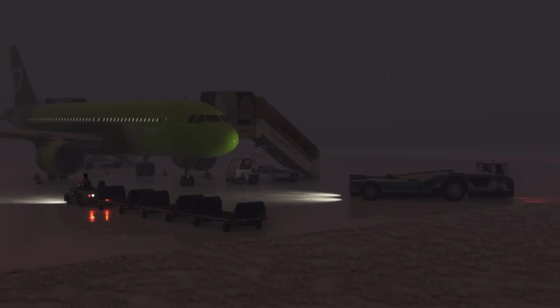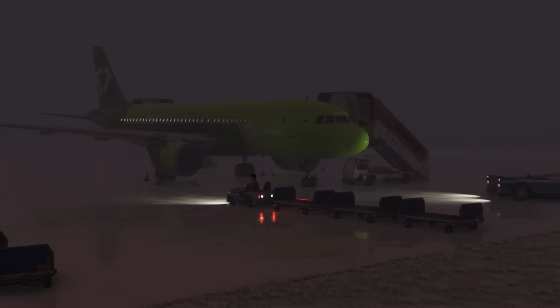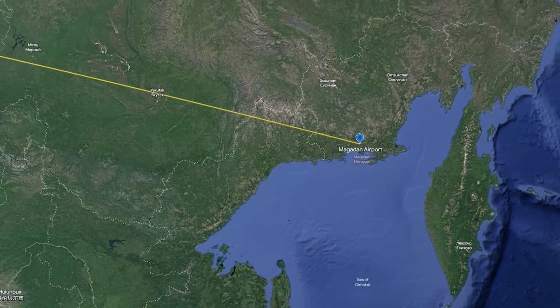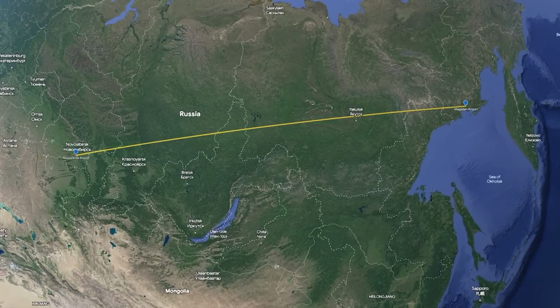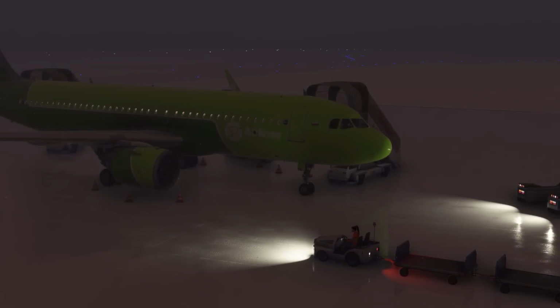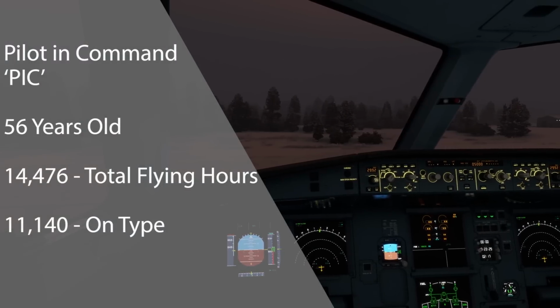On the 4th of December 2021, S7 Airlines flight 5220 was flying from Magadan Airport to Novosibirsk in Russia. The aircraft was an Airbus A321neo and was carrying 202 passengers and 7 crew. There was a very experienced flight crew on board. The pilot in command was 56 years old and had a total of